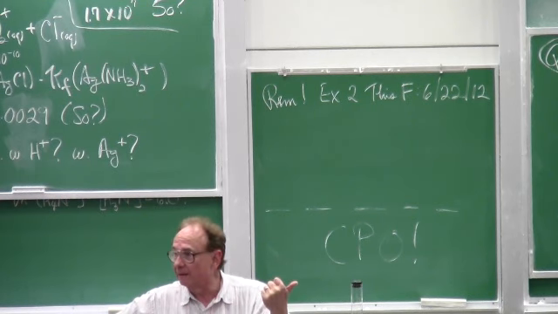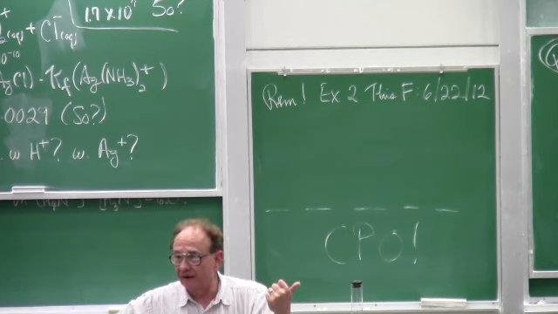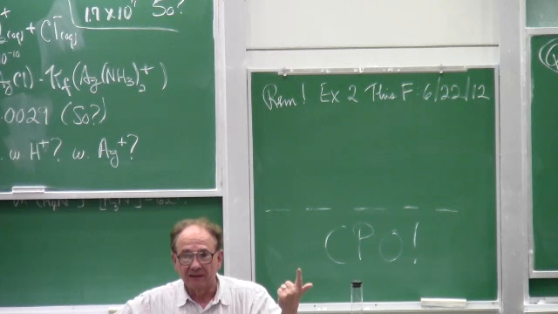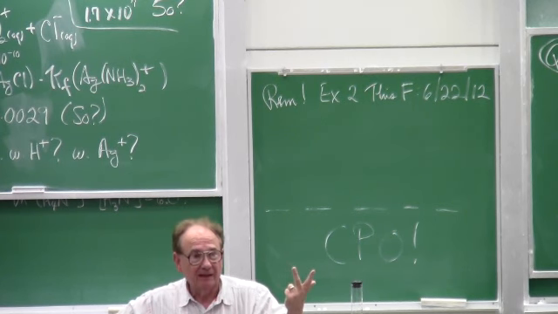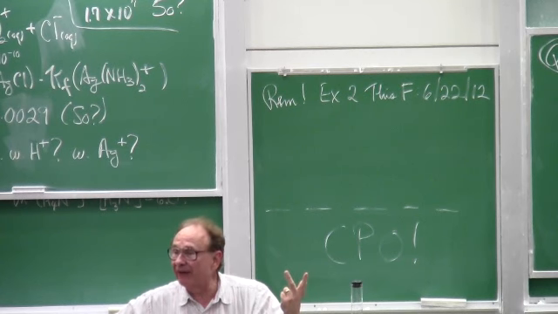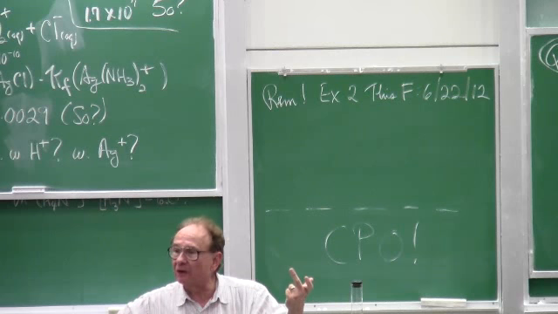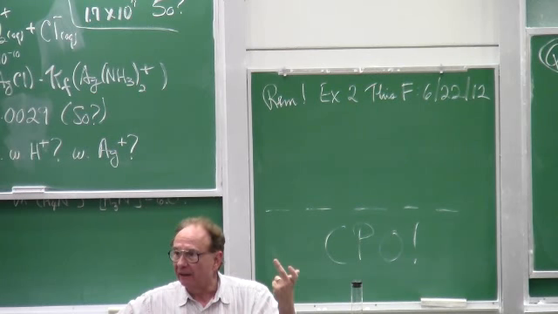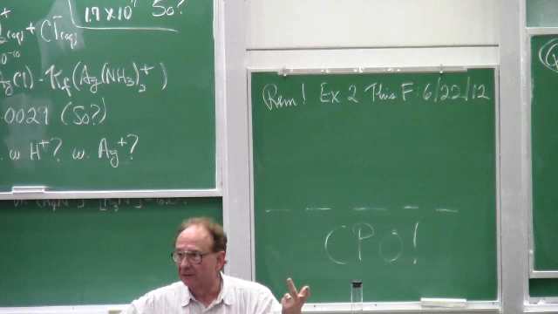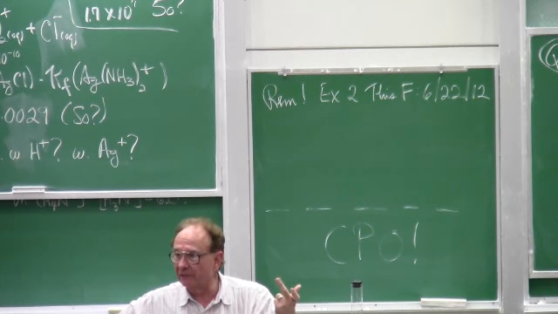5s is empty. 5p, are they empty? 5d, are they empty? And 5f. But now we have a problem, because although f orbitals are part of energy level number 5,